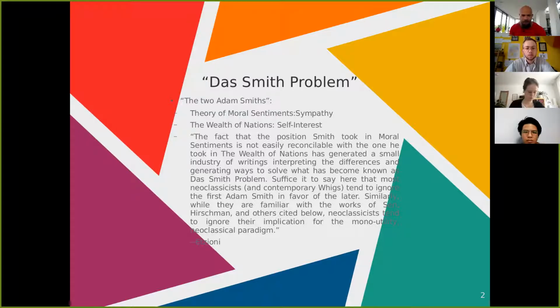In 1759, he wrote The Theory of Moral Sentiments, which is basically a book of moral philosophy. In fact, Smith was a professor of moral philosophy at the University of Edinburgh in Scotland. He was not a professor of economics because I guess economics didn't exist yet. So this is what he was writing and lecturing on: morality, ethics. What does it mean to be good, good actions. This is his first major work. About 20 years later, he publishes An Inquiry into the Nature and Causes of the Wealth of Nations, as it's known to us moderns, in 1776.